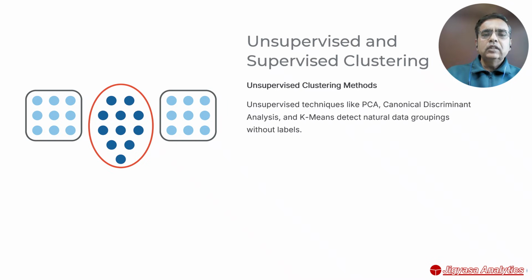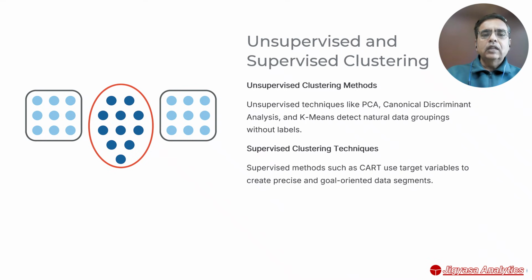Unsupervised clustering means there is no goal to that clustering exercise. It is just done to find the natural pockets into which the data breaks out. And there are several techniques to do that: principal component analysis, canonical discriminant analysis, K-means clustering. The key thing is it's just looking for natural pockets within the data without a goal,